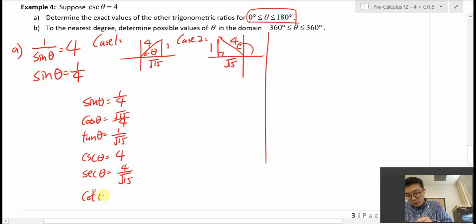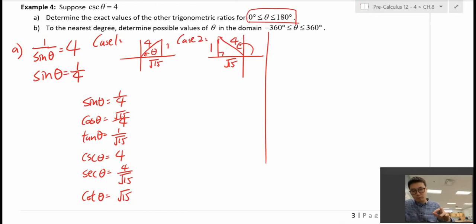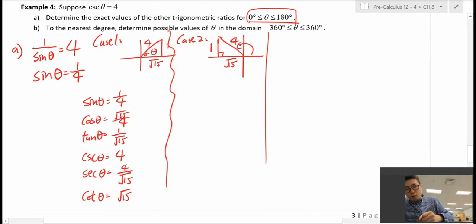Finally, cotangent, that is going to be root 15 over 1, which is simply root 15. Okay, so that's case 1. You can find the 6 trig ratios right there. And then if we do the same thing for case 2, really it's going to be almost exactly the same thing, except some of them would be negative instead. Because we're in a different quadrant, so the ratio actually will remain the same, but the signs are just